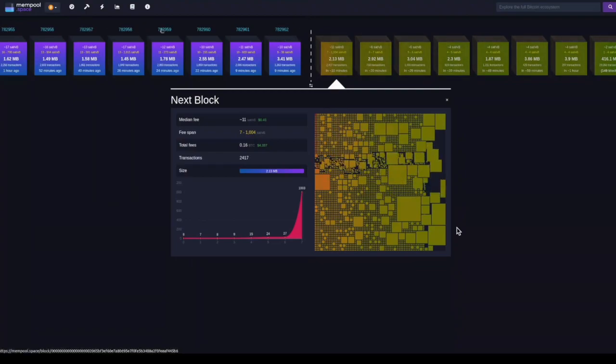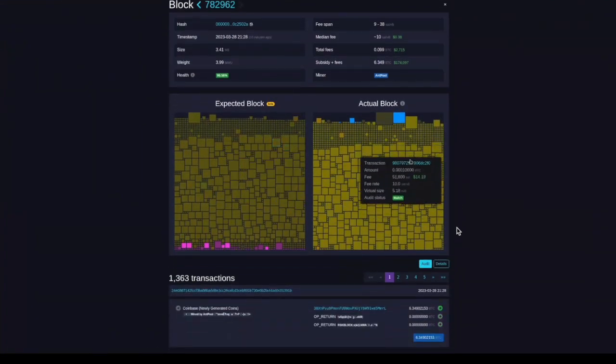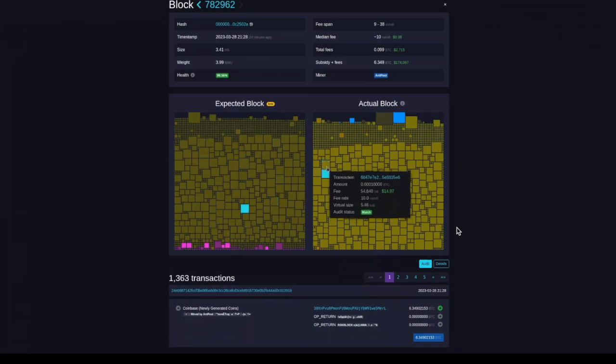So here's kind of the blocks here, right? So the further we go to the left, the further we get to the Genesis block, which was mined in 2009 from Satoshi himself, right? And here we go all the way up to now, which is block number 782,962. We can actually click this block, and we can see the actual block, which is the exact transactions that were involved. So a lot of these smaller ones are probably simple, you know, Bitcoin sent from this person to that person, right? But some of these larger ones might be